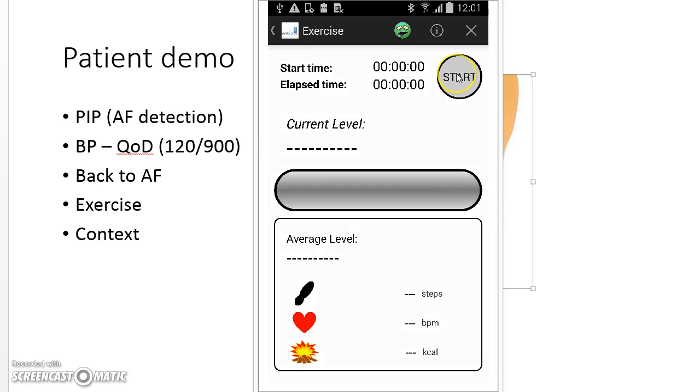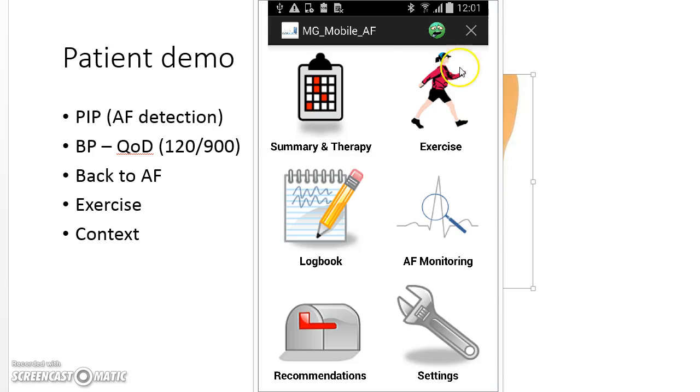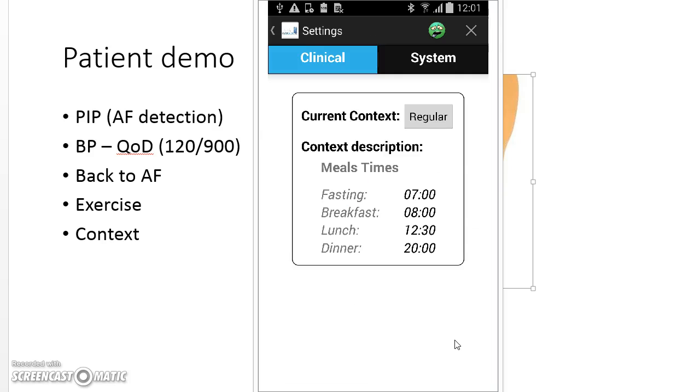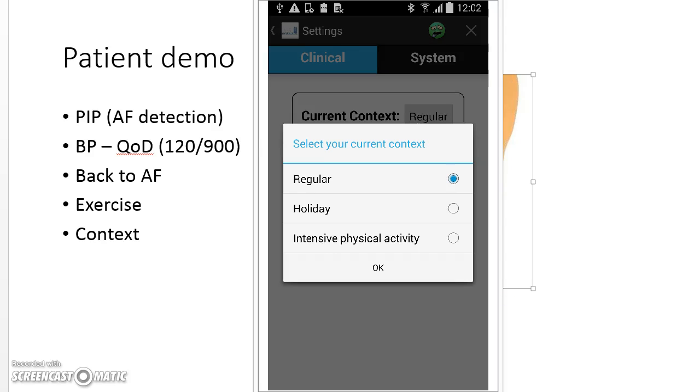And I would like to show you through the settings menu how the patient can view his different types of context. Here it is the regular, and I can also look at the preference for the holiday or the